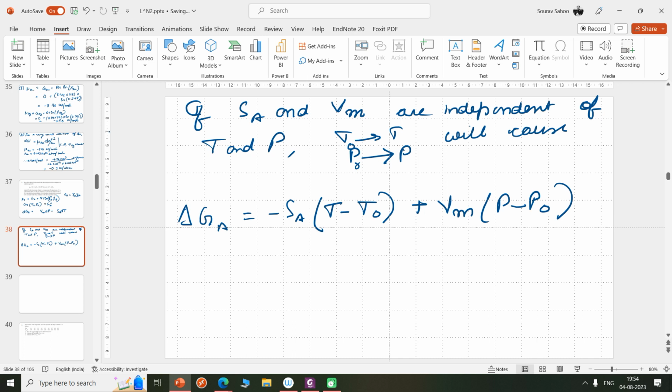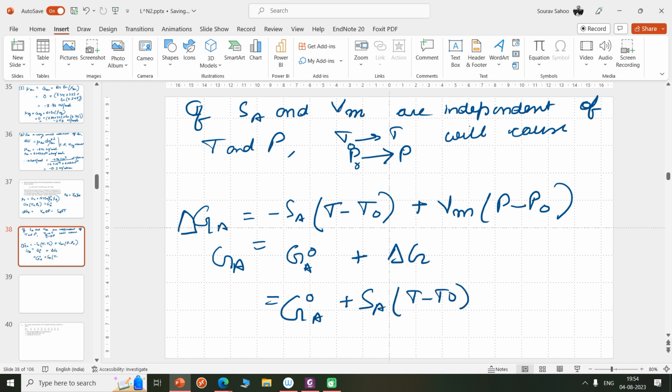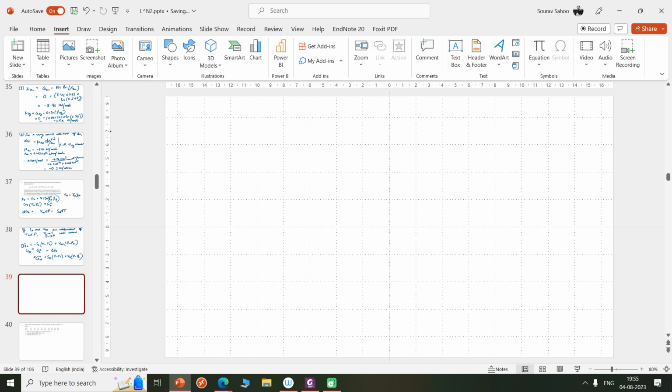We just open the bracket and substitute, which gives G A naught plus delta G, that is G A naught minus S A (T minus T0) plus Vm (P minus P0), and therefore